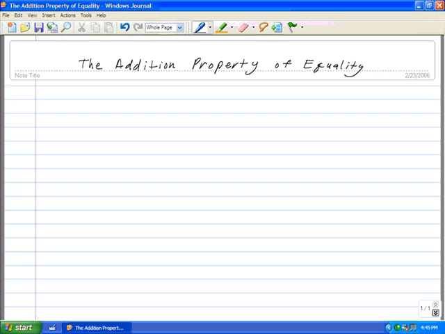What I want to look at now is the techniques that can be used, or the first technique that can be used to solve a linear equation in one variable. Alright, now when we look at a linear equation in a single variable, that simply means we're looking at an equation that can be written as ax plus b